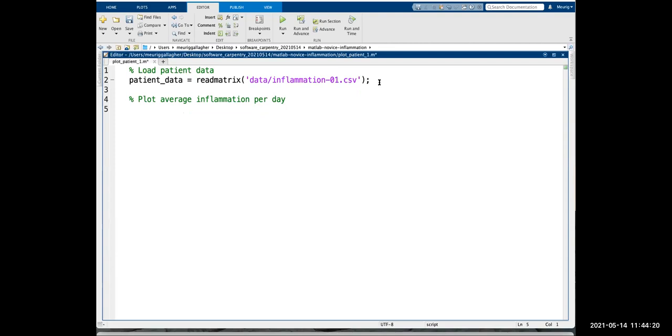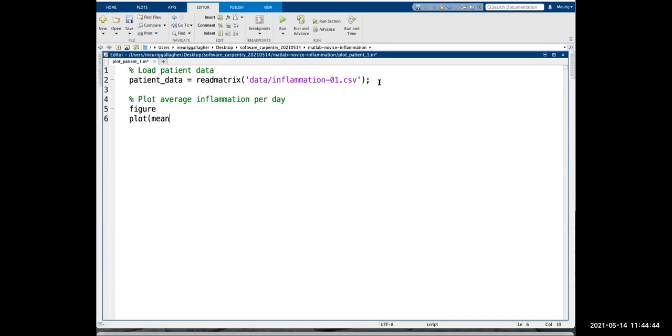So what we want to do is generate a new figure window. We can do that using the figure command that we've already seen. If we didn't do this and just started typing plot, it would try to overwrite whatever existing figure window you had open, which could be a pain. You could have already created a figure and it could just overwrite that, which could be very frustrating. So we use the figure command to generate a new figure window.